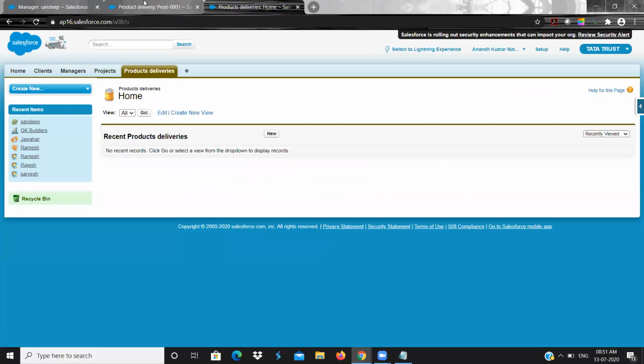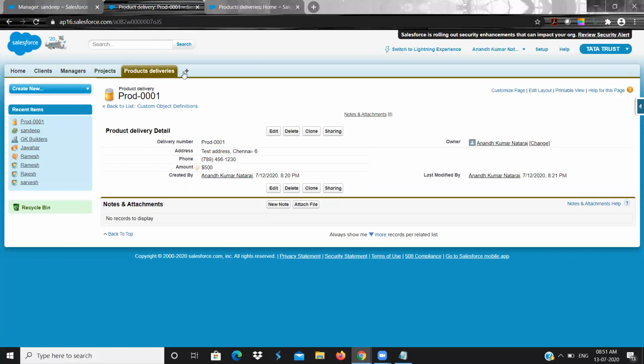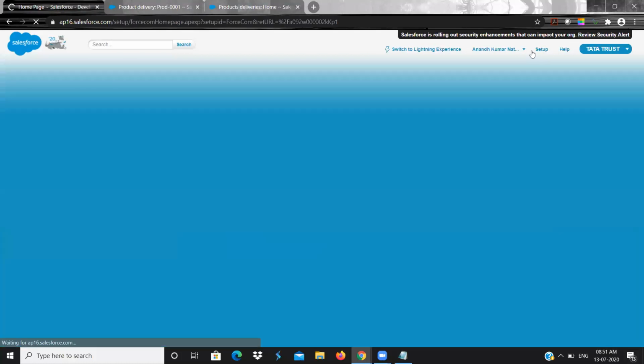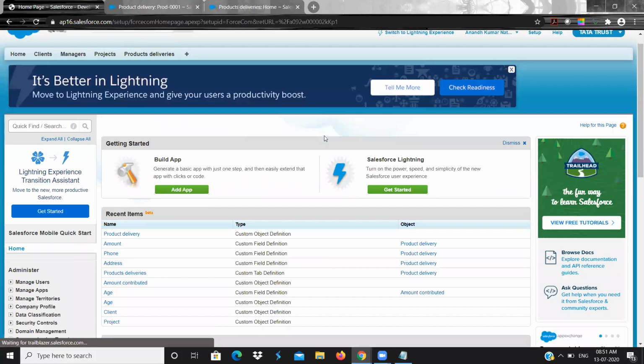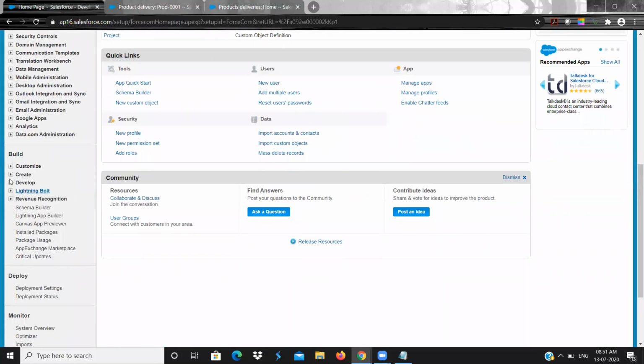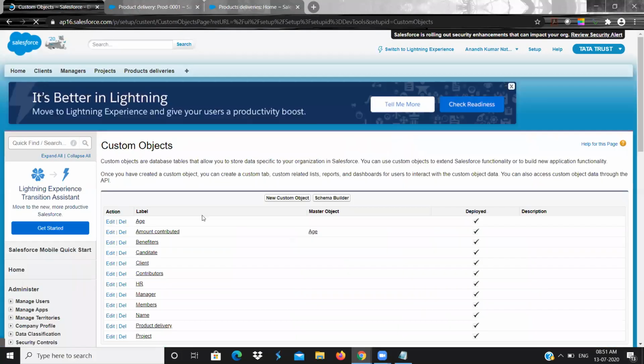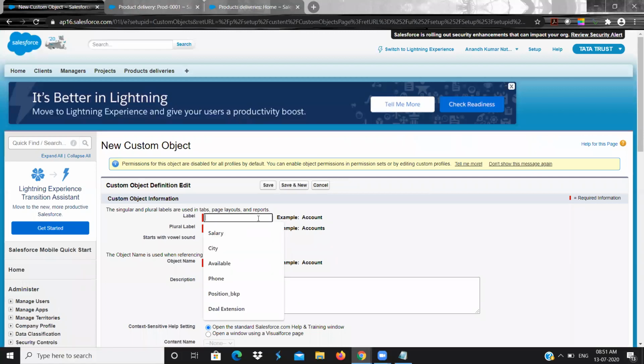So next, I'm going to create another object, that is delivery items. Okay. So in setup, see, there is create object. Here I wanted to create a new custom object, that is delivery item.